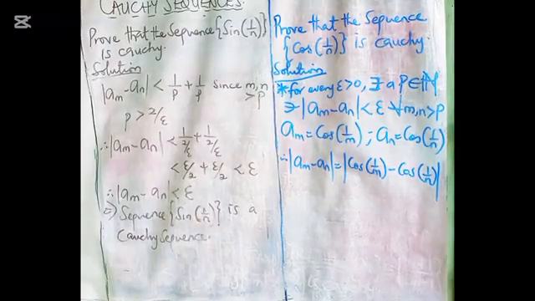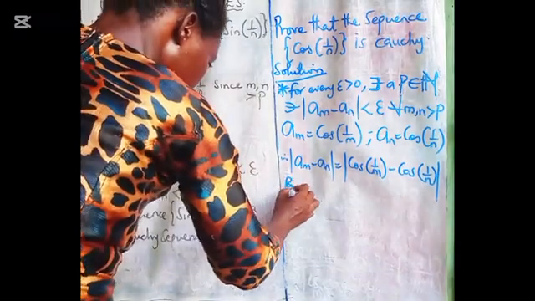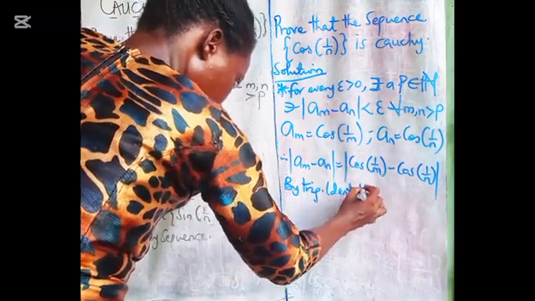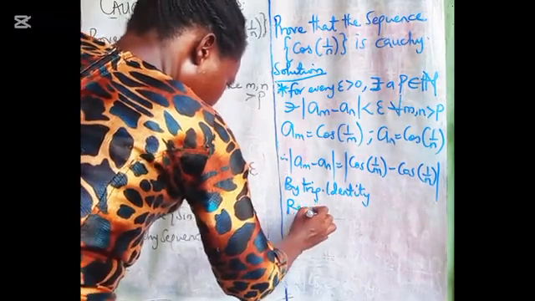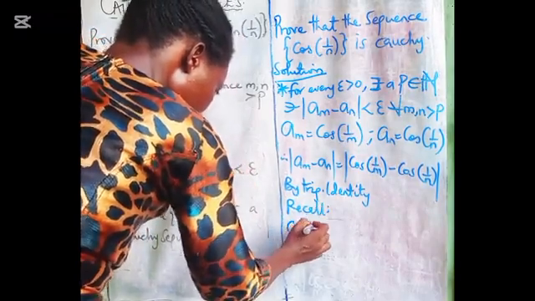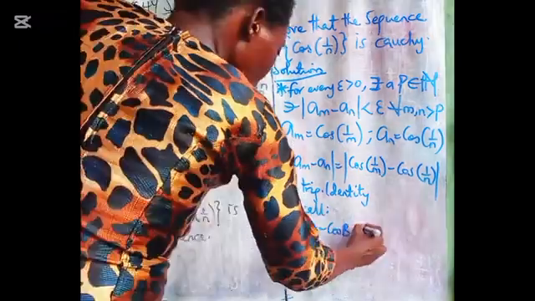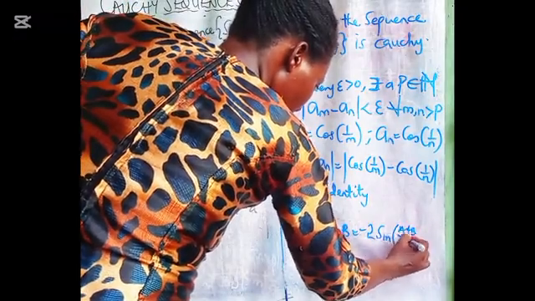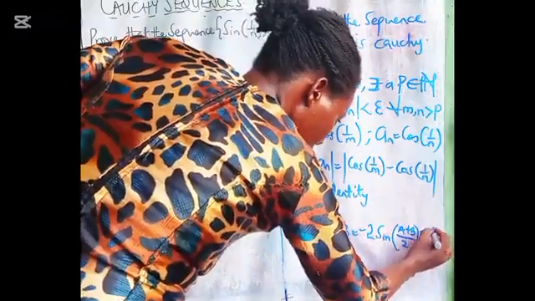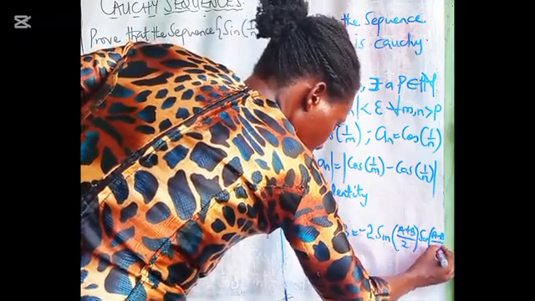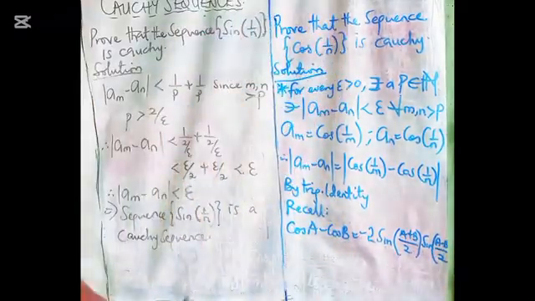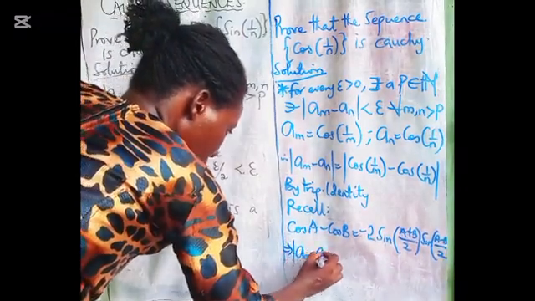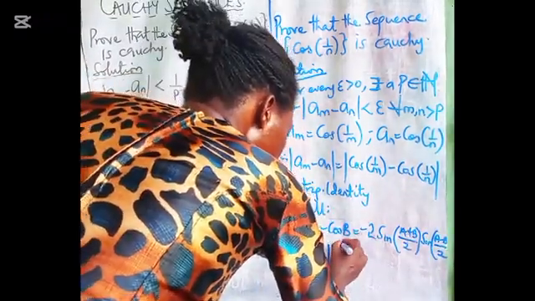And by trig identity, we recall that cos A minus cos B will be minus 2 sine (A plus B) over 2 into sine (A minus B) over 2. Therefore, that implies that the absolute value of a sub m minus a sub n will be equal to the absolute value